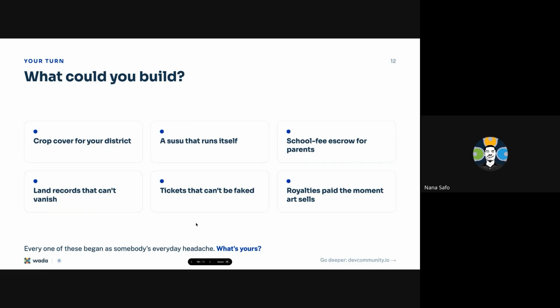Yeah, I know that we have already discussed how the smart contract could help with, for instance, the second option, which is the Susu that runs itself. But I really wish we could get, if not today, maybe some other time, to discuss the other options on board as to how smart contracts could actually help with delivering these products to consumers and exactly how consumers can expect it to work, right? Because some of these things are what would actually help people understand exactly what blockchain and smart contracts are doing to help humanity.